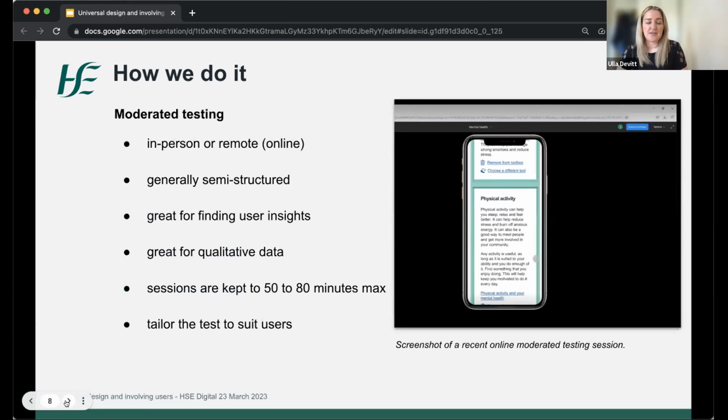So yeah, moderated testing, as I said, particularly since the start of the COVID pandemic, all of the tests have been conducted online. We use Microsoft Teams ourselves. We try to keep them semi-structured, and they're a great way of understanding users' behaviors, how they're interacting with the site. And I know it says 50 to 80 minutes there, but probably 50 to 60 minutes max,